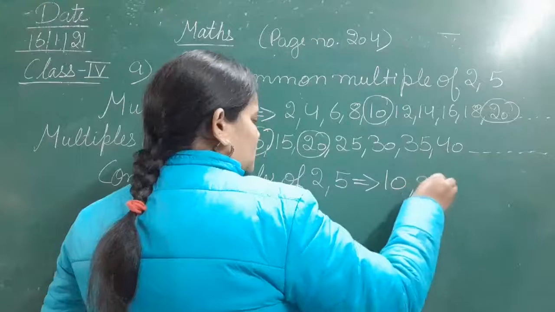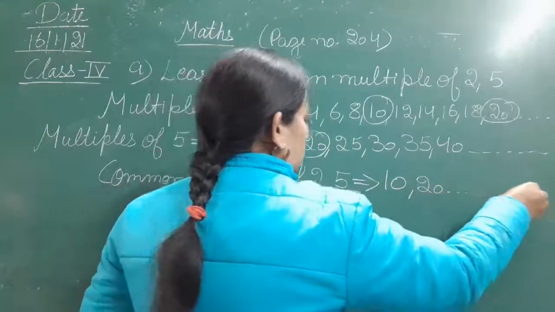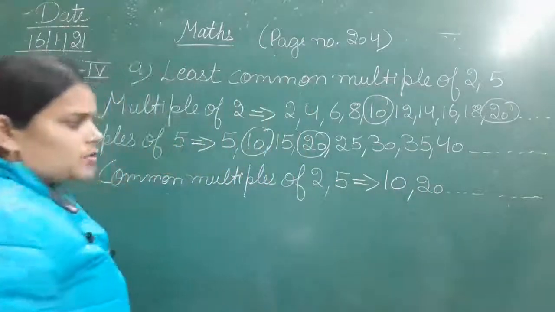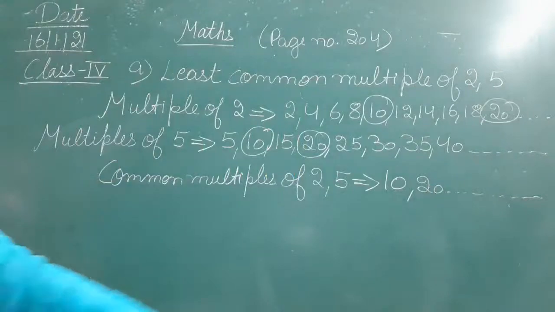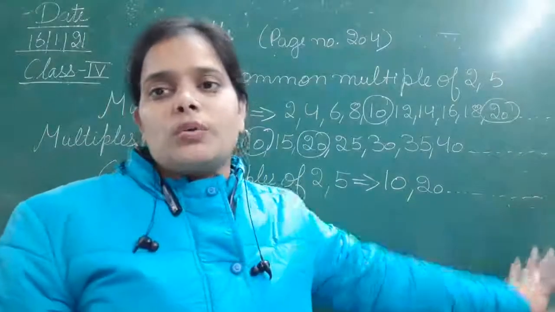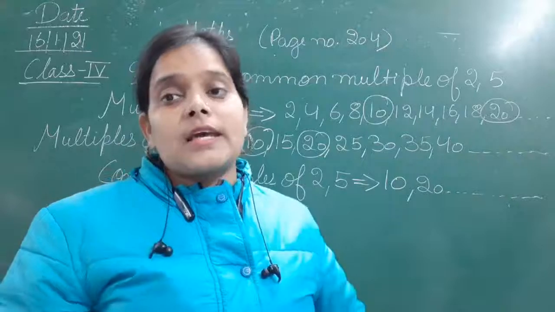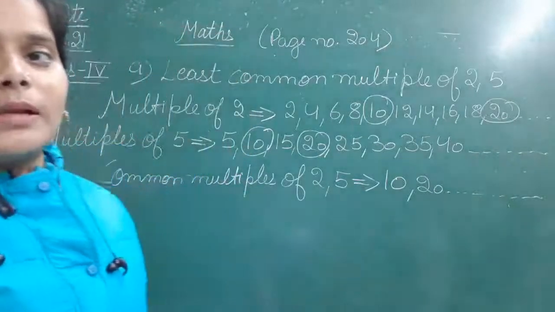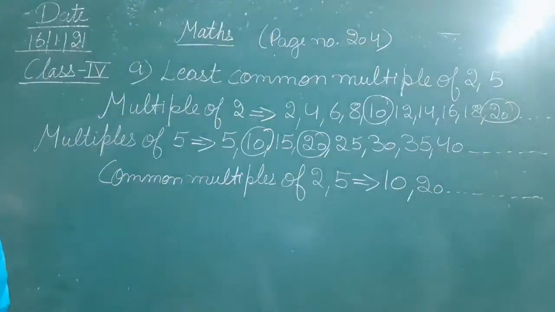Okay, so देखिए अगर इसके मल्टीपल्स ऐसे तो ये आगे भी बहुत सारे होंगे. Okay, so and so on. Okay, this is very important. This dash dash dash you are going to write in every multiple. After writing the multiples or common multiples, you are going to write it like this. Now multiples of 2 is here, multiples of 5 is here, and we have calculated the common multiples. Next we have to calculate the least common multiple.